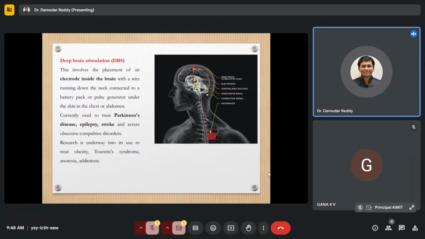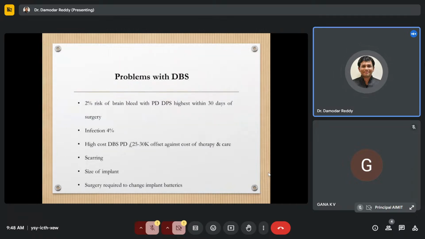See, in machine learning, first of all, getting proper data or patterns is the challenge. At the next level, you have a lot of supporting models already there in the prior art. There are some challenges with deep brain stimulation as well, like the size of the implant and all. But anyhow, that is the invasive mode of data acquisition, for those who are doing research with the help of some experts or doctors.